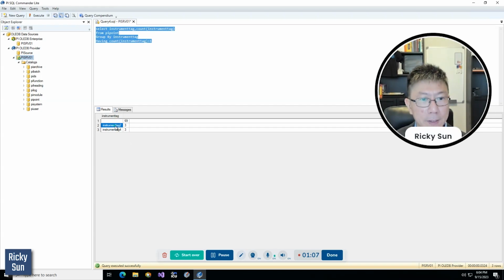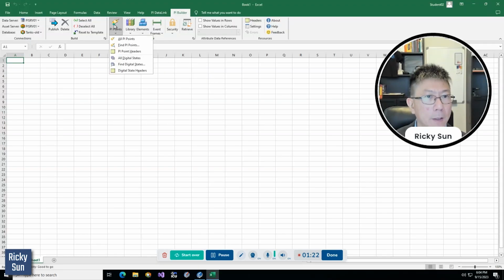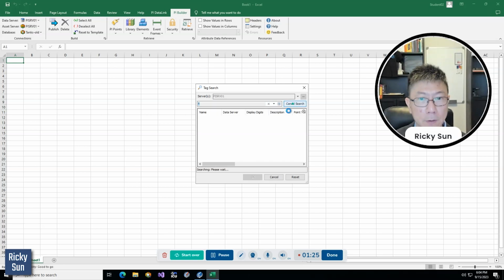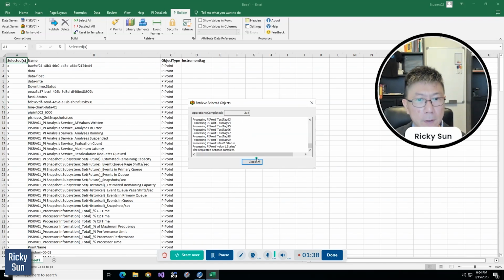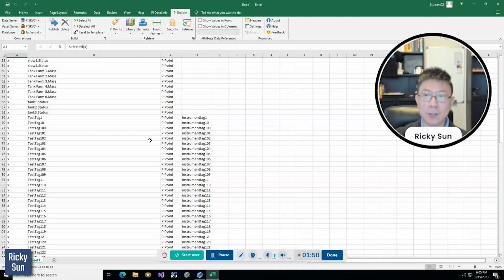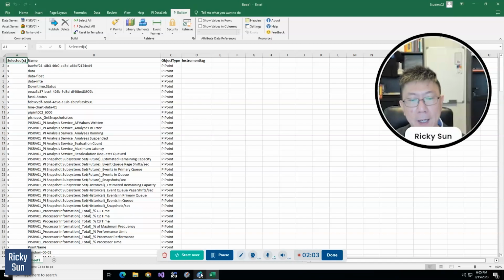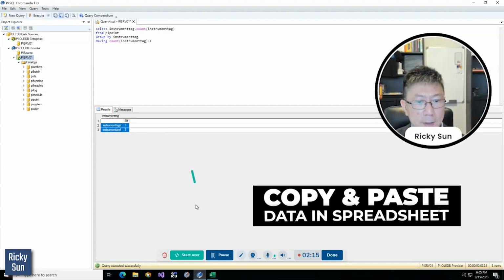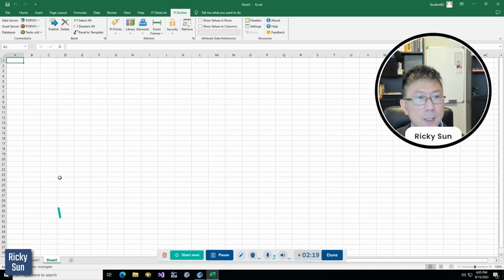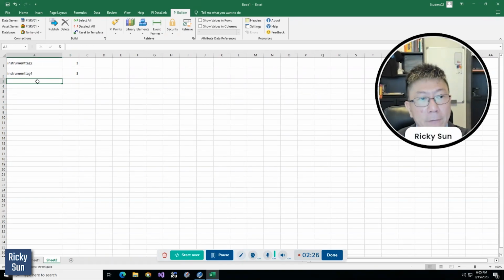So what I need to do is first open up Excel, and then I grab all the tags from my Pi server. Search for all the tags and then press OK. All I need is instrument tags. I pick instrument tag here and that's it. So I have my tag list loaded. Your Pi server would have so many more tags than mine. This is just an example for simulations. Your tag list is much bigger than mine. What's the next step? After you identify your tables inside this query, make sure you use this query, and then I'm going to copy paste this table over to my Excel in another sheet. So this is a sheet that has the duplicate instrument tags.